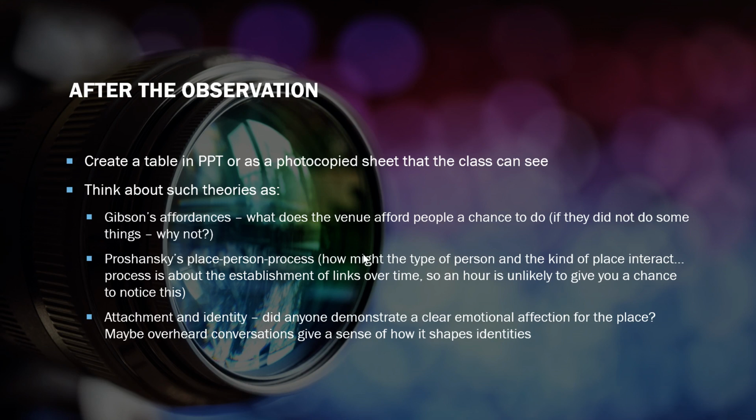So one environment lends itself, affords opportunities for peace. Another environment affords opportunities for socialization and chit-chat. So you can understand that people might go to a place because they hope to be able to do a certain activity when they get there. Or maybe indeed they hope to avoid doing certain activities that they're trying to get away from somewhere else by going to this place.